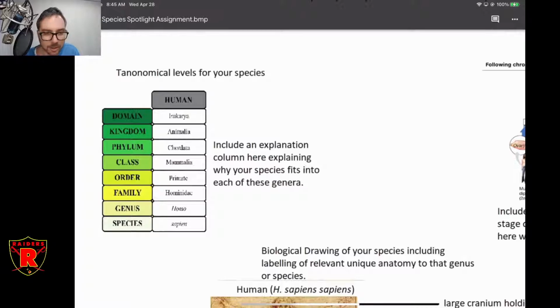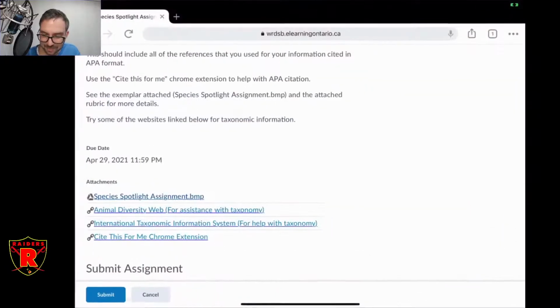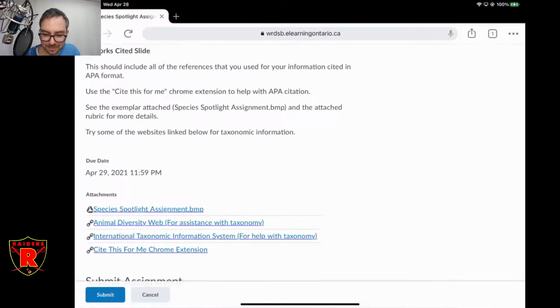Hopefully that explained it, Jaleel. So that's the table that you're making, okay? And it goes all the way down to species. There is a reason, obviously, that it has been categorized at each level, and then you just need to tell me what that is. And yes, it requires research. That's the point of the project. Okay, any other questions about the assignments?